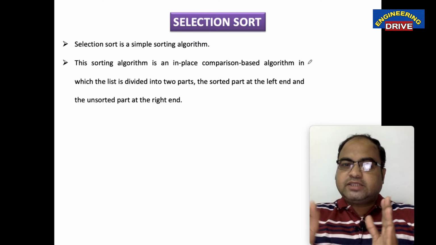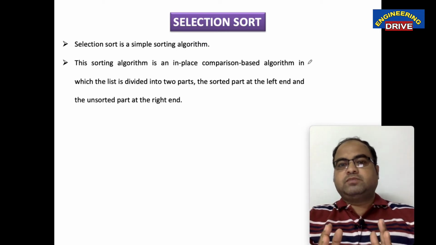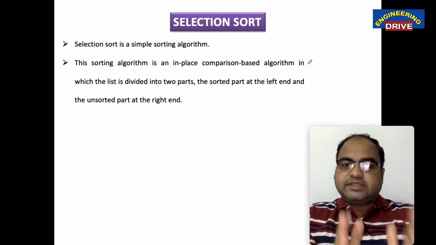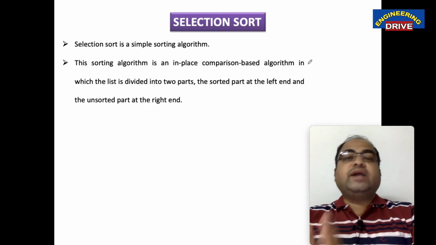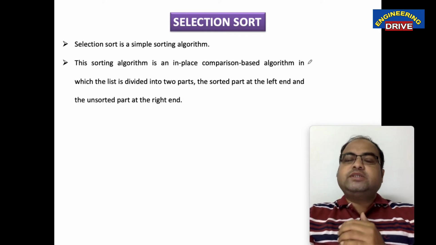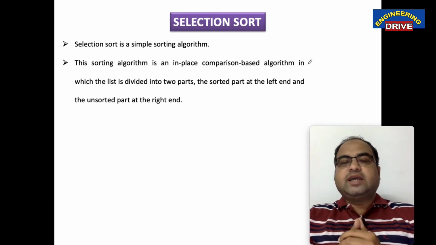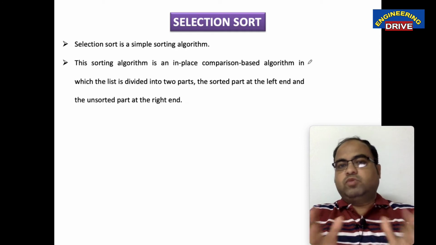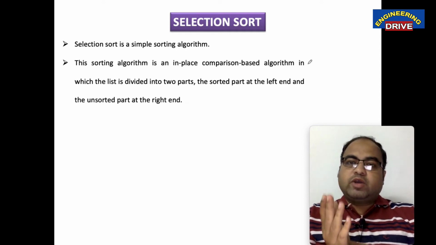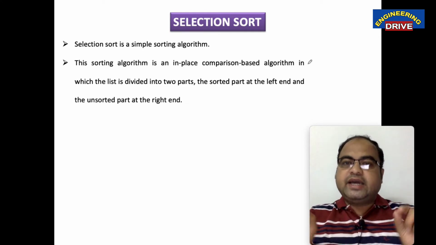These are some important points I am sharing first. Don't skip this theory. Next I will tell one example. Once you understand the theory, the example will be quite easy to understand. So the second point says that selection sort is a comparison based algorithm. The next important point is that we are going to divide the entire array into two parts.